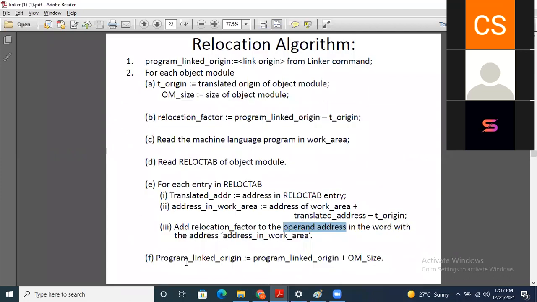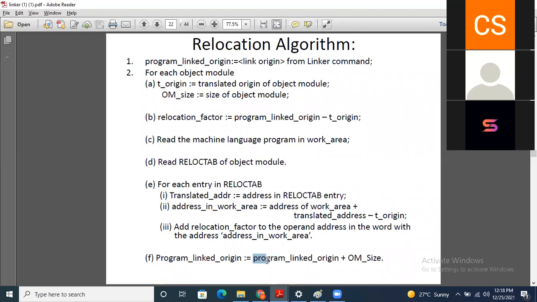Okay, and then after doing all this calculation, after performing all the relocation, my 500 to 541 is all converted to 900 to 941, so from 942 I can take the location for another object module. For that purpose I need to reinitialize this variable, program linked origin.